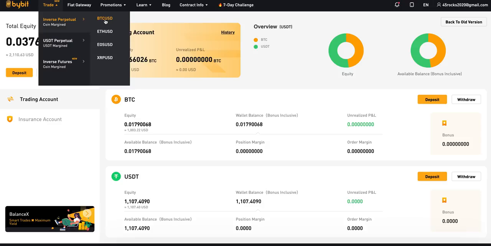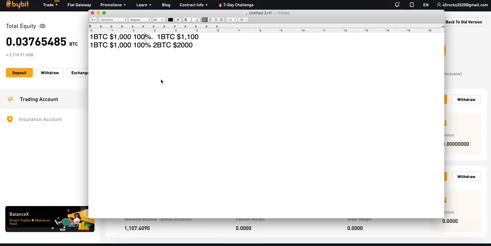Well, here's the difference, guys. Here is the difference. If you are, let's say, you have one Bitcoin and that one Bitcoin is worth $1,000, okay, and it goes up 10%, and now you have still just one Bitcoin. Your amount of Bitcoin has not gone up, and that one Bitcoin is worth $1,100. You could sell your profit of $100, but that means, right, that you would have,